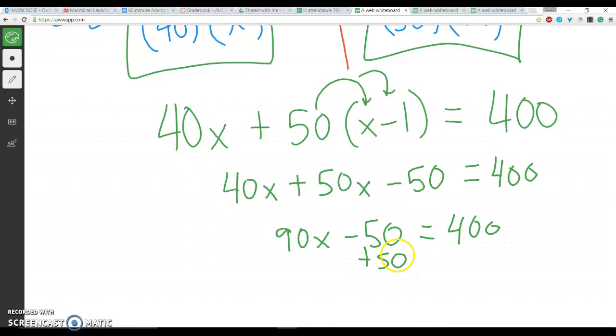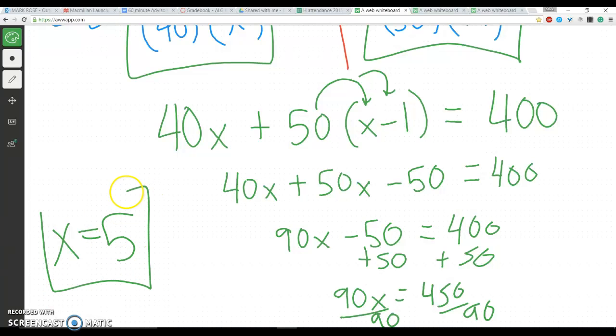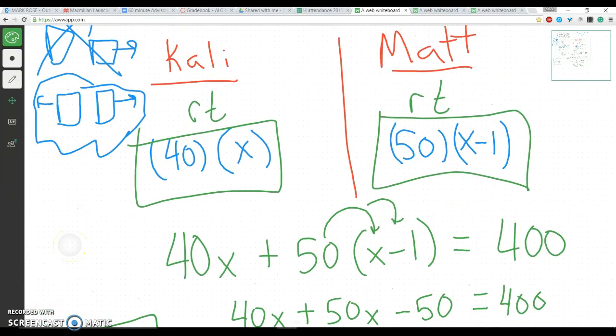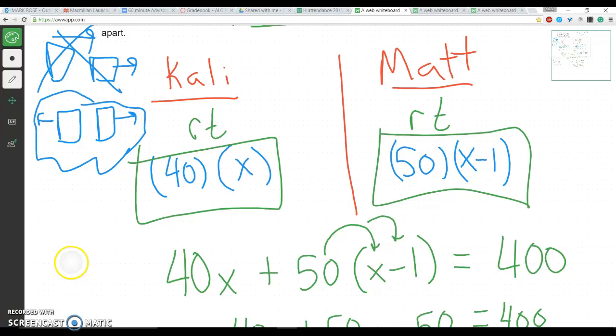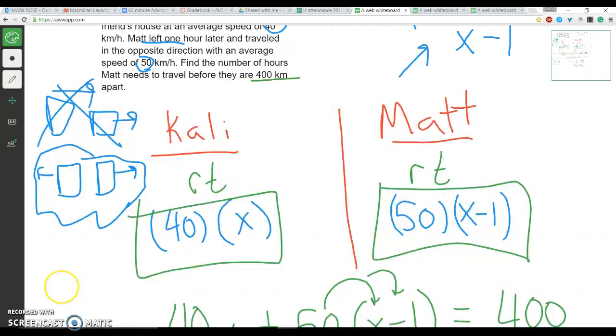I'll add the 50, and I'll have 90x equals 450. Divide by 90, divide by 90, and x equals 5. So I know that Callie has been driving for 5 hours, and Matt has been driving for 4 hours, because x was 5. Let's try a